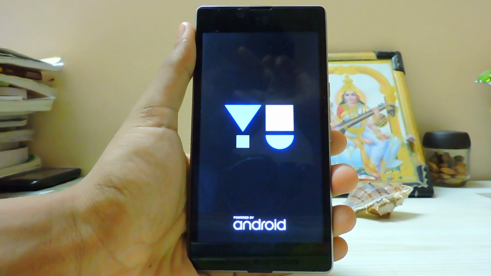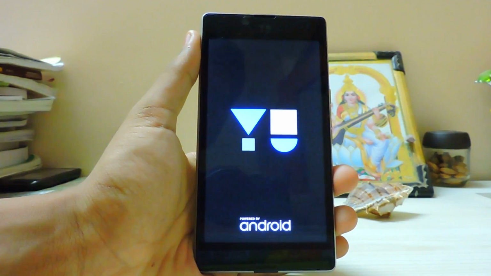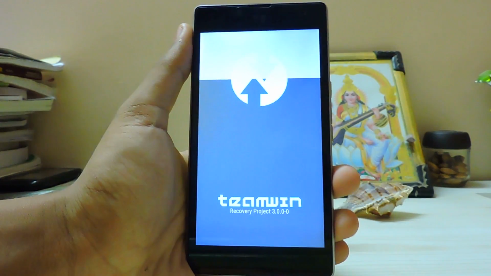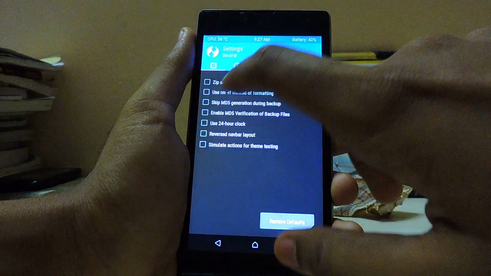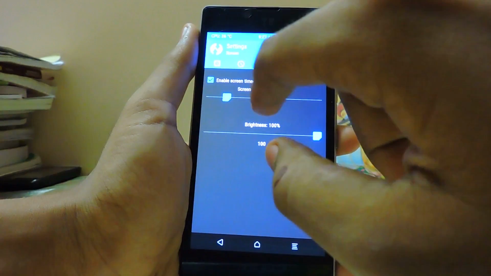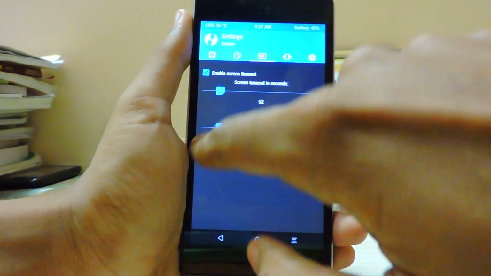It will surely go to the recovery, because I am having some issues while playing with these buttons. So okay, let me just add the brightness over here, and that should be good. Okay,